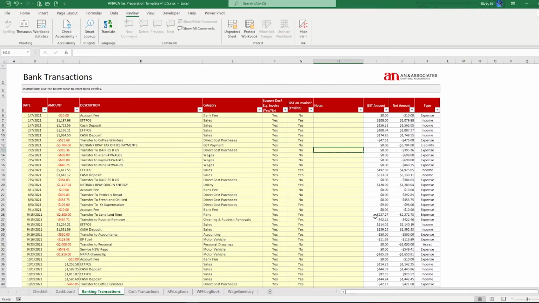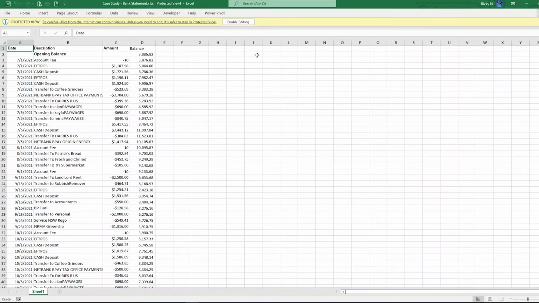So that's me entering all of the transactions for the 4 quarters. Now, if you actually have online banking, you don't need to enter in this information manually. Your bank actually gives you the ability to download a CSV file of all these transactions. So when you log in and you download a CSV file, it will look like this.